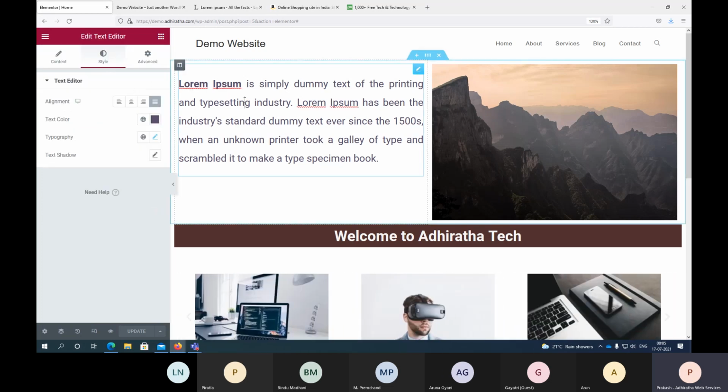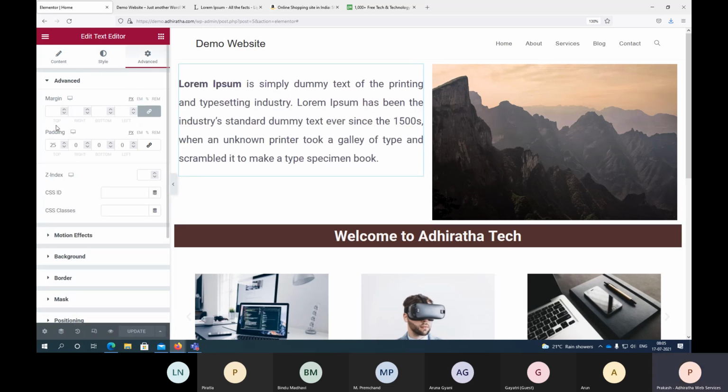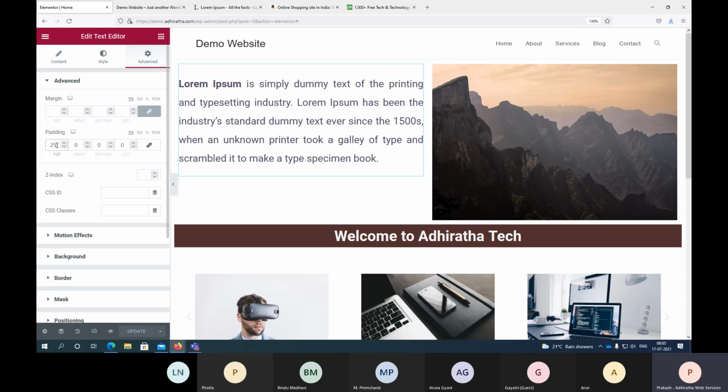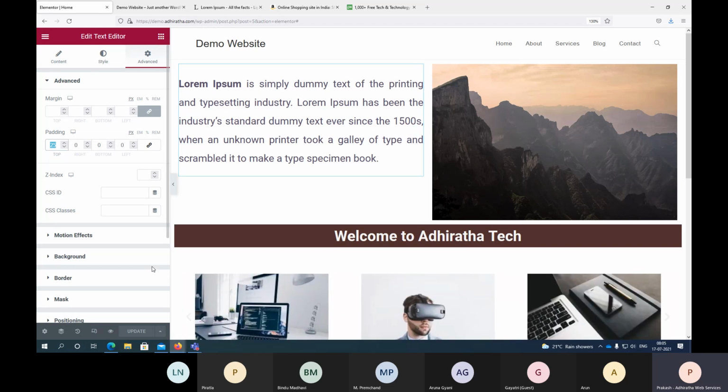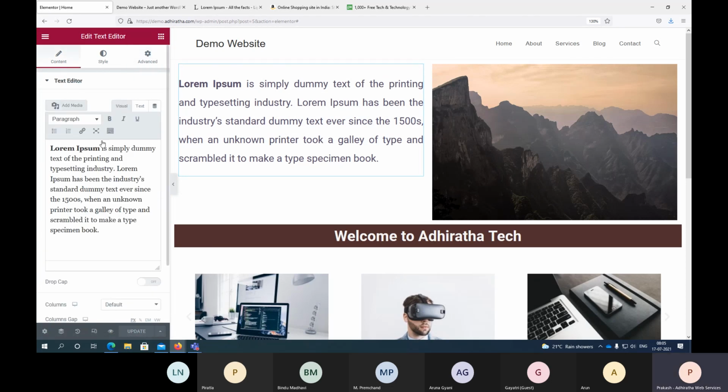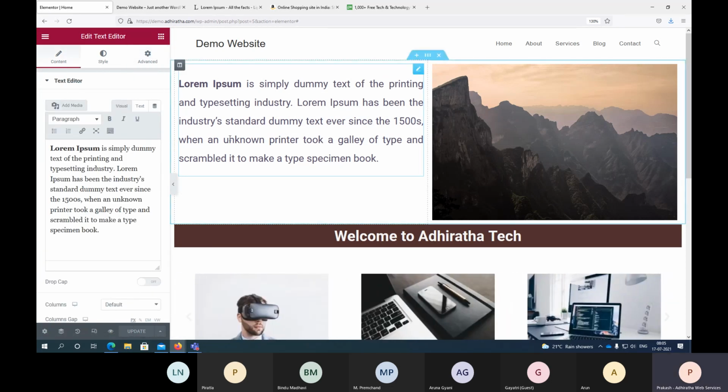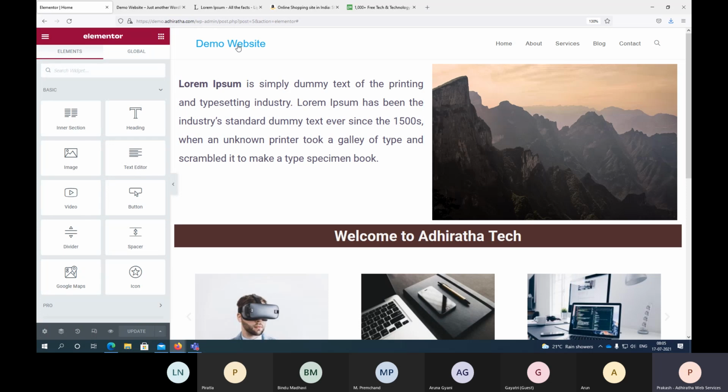So I showed you the basic understanding. When you select a particular component, this text bar, go to advanced. Right now we used a padding section, but you have all the options here, like what background to be used. There are small things where we might get stuck, so I want you to practice it first. Now what else is missing is this title.